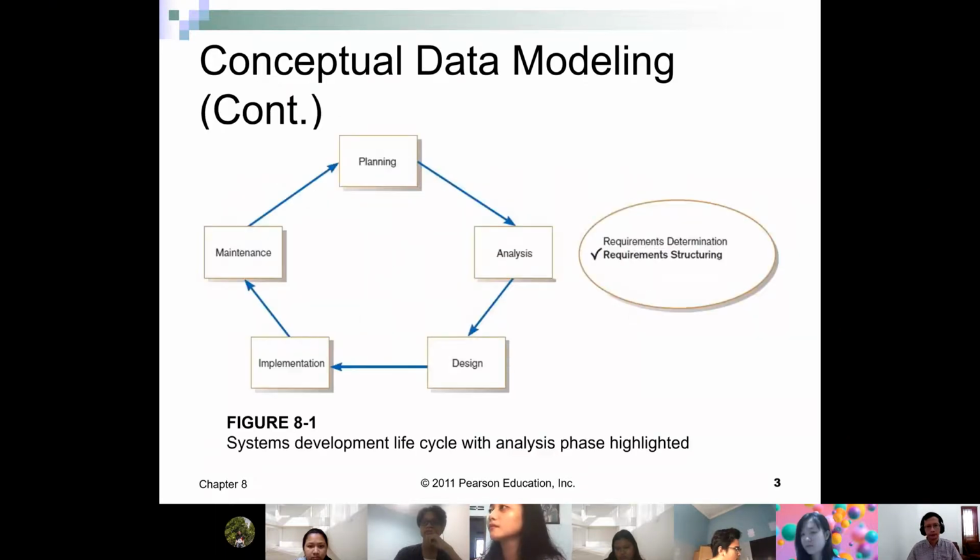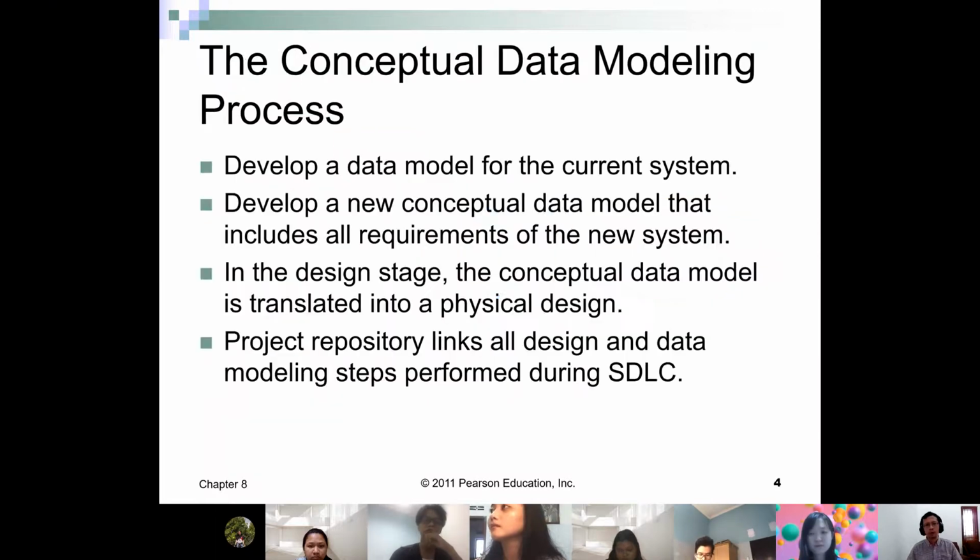So we are here at the analysis stage. What we need to do with conceptual data modeling is develop a new data model for the current system, and also develop a new conceptual data model that includes all requirements of the new system. So we model the data for the existing system, and also for the new system.